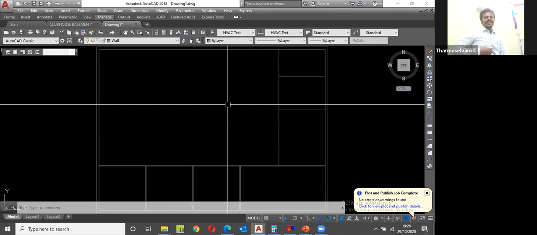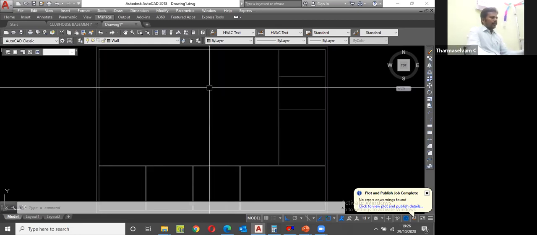So they mentioned it wrongly. 1:100 is not there. Okay, 1 inch equal to 4 inches or 6 inches, like that. 1 inch equal to 1 feet. 1 inch equal to 10 feet. Like that they can mention, but 1:100 is not there. In millimeter only we can say it is 1:100. In feet and inches you should not say 1:100. 1 inch equal to 1 feet. Yes, Prashant.